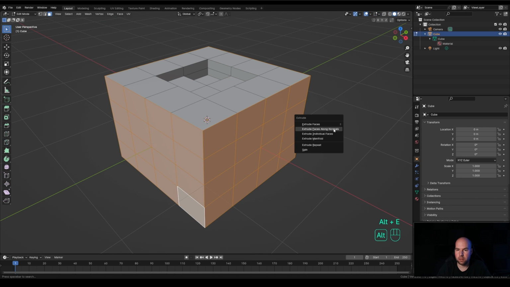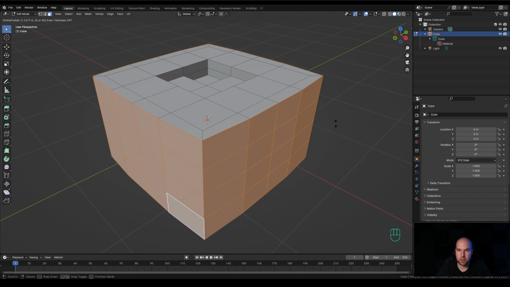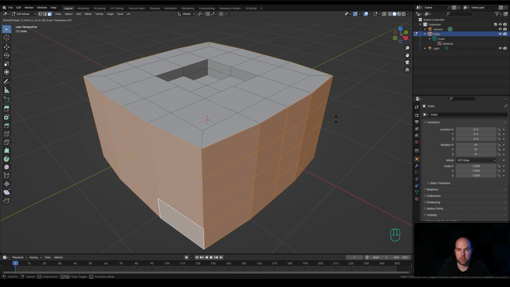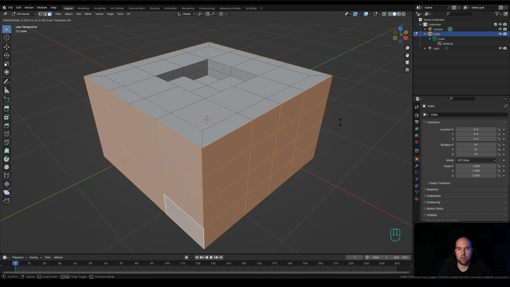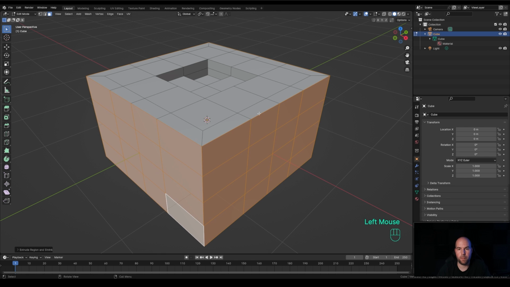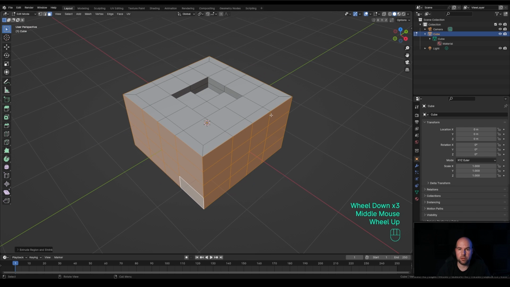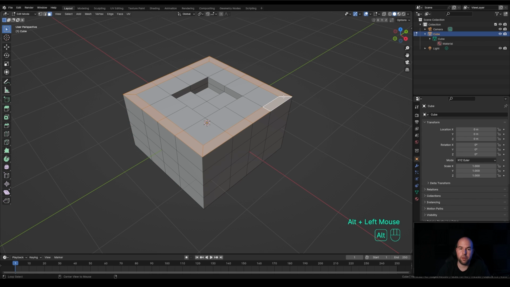And finally, we'll press Alt-E, extrude faces along normals, and just extrude. And now additionally, there's a quick shortcut to make this even, because you can see Blender is trying to kind of round it out. And I just want a nice cubic sharp design. So let's press S while extruding. And again, we're taking the advantage of that interactive tool behavior to chain additional commands like the S for even scaling. So let's scale it like this. And now finally I want to extrude this up a little bit so the separation here is visible. And now that we know how to select loops, we can just hold Alt key, click here and press E